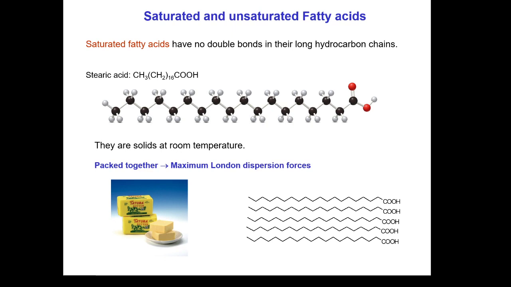Okay. Saturated fatty acids are the ones that are solid at room temperature. They're packed closely together because of the single bonds. They're allowed to pack closely together. Therefore, they have maximum London forces, maximum interactions between the carbons of each one of these fatty acid chains. There's no steric hindrance. There's no double bonds changing the shape. There's nothing getting in the way